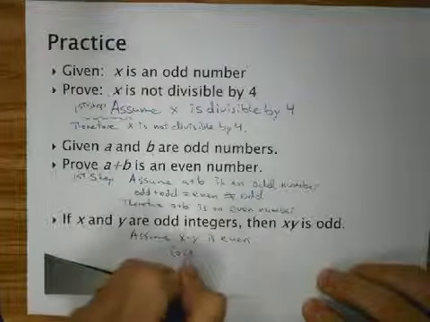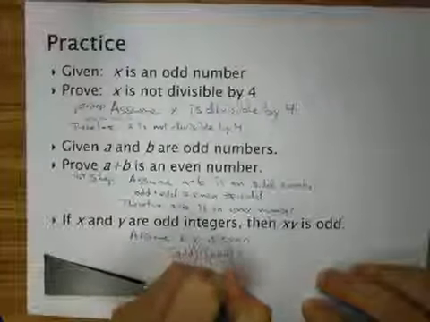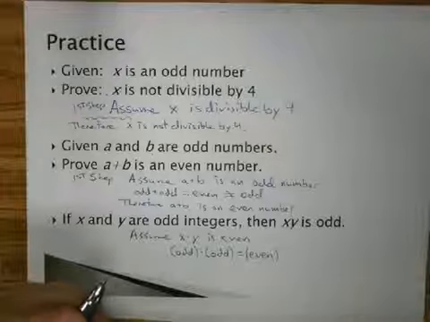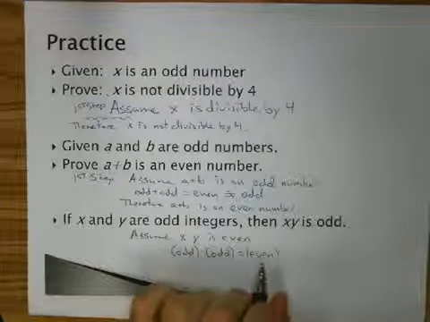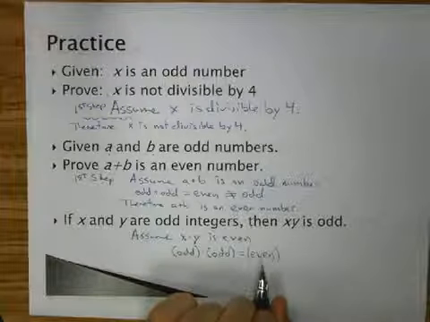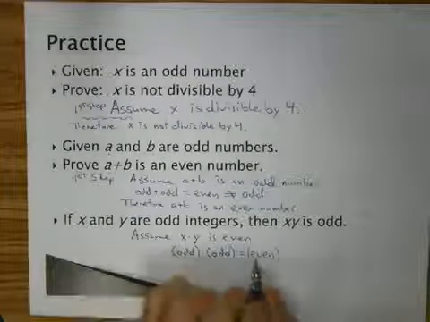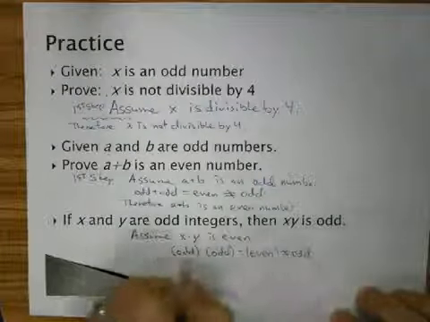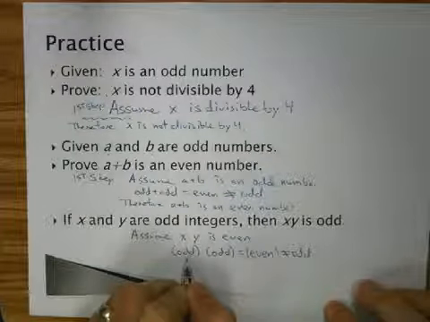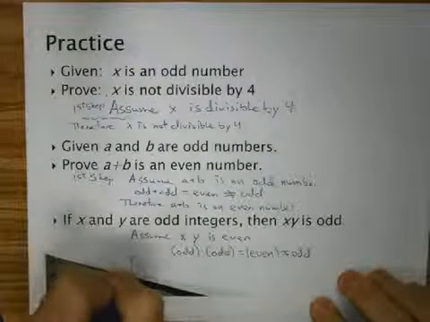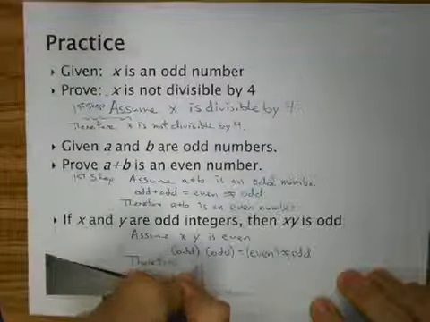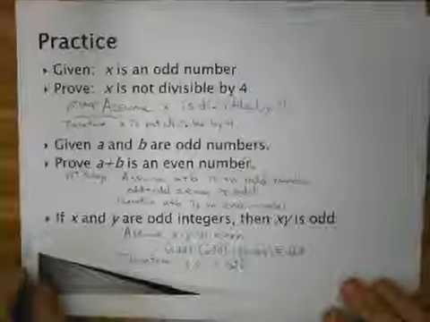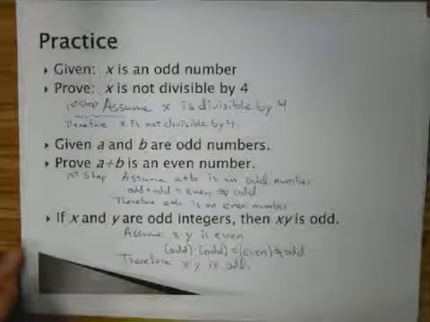Last one, if x and y are odd integers, then xy is odd, or the product of x and y is odd. So we're going to assume x times y is even. That means if I have x and y are odd, that an odd times an odd equals even. Well, if I think of two odd numbers, say 5 and 7, multiply those together, I get 35. Well, that's odd. If I take 3 and 5, 3 times 5 is 15. Well, that's odd. Our rules of multiplication tell us an odd times an odd equals an odd. So, since it can't be even,